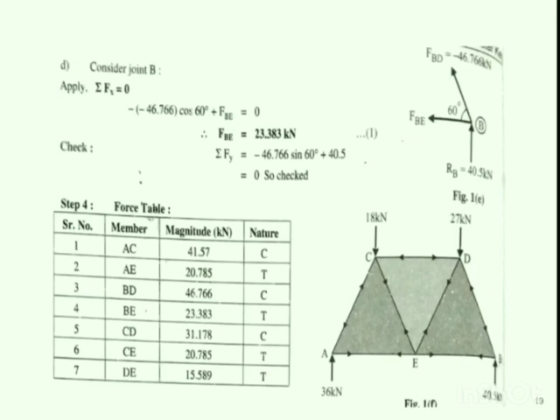So we have indicated the nature of the force by writing capital C, which stands for compression. And if we write capital T for any of the member forces, it indicates that the member is carrying a tensile force. Okay, so this is one example on the method of joints, how to use the method of